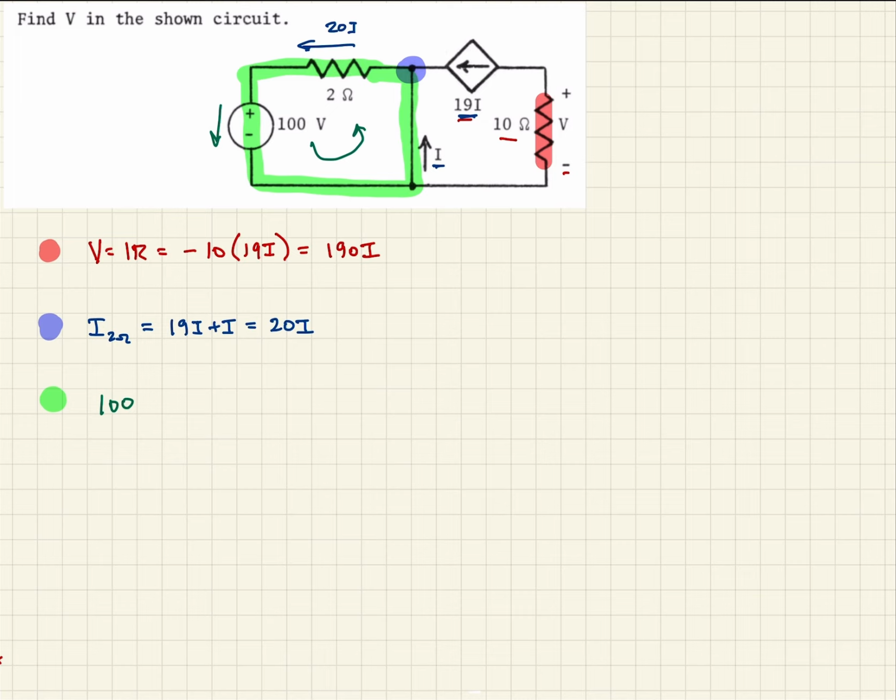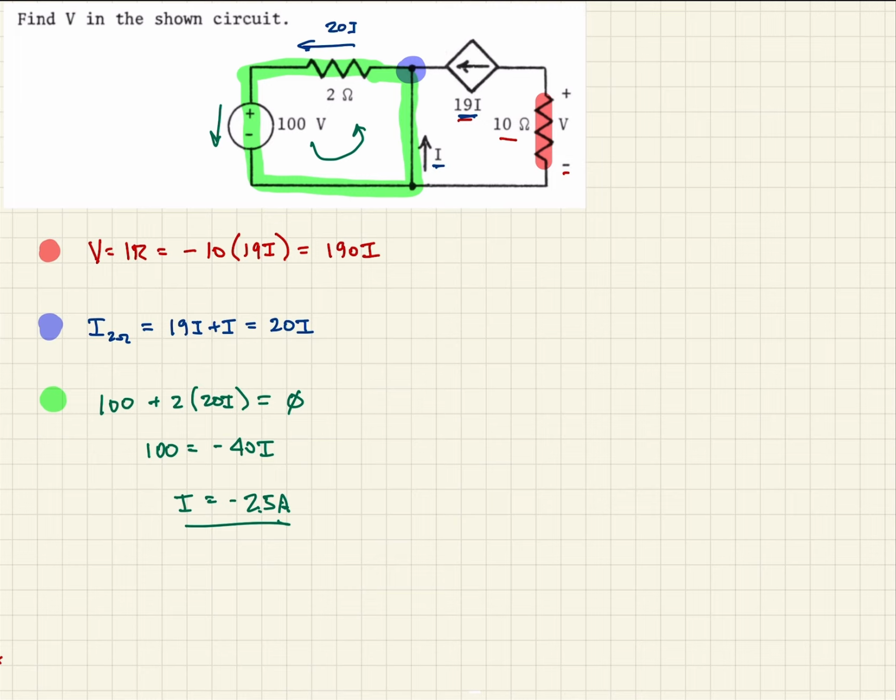Because of the direction that we have assumed all the currents, this will be positive, so that's going to be plus 2 times 20I, so that's resistance times the current. We sum that up and it should equal 0. So now we can solve for this, which would be 100 is equal to minus 40I, or I is equal to minus 2.5 amps. So we've got a value for I now,